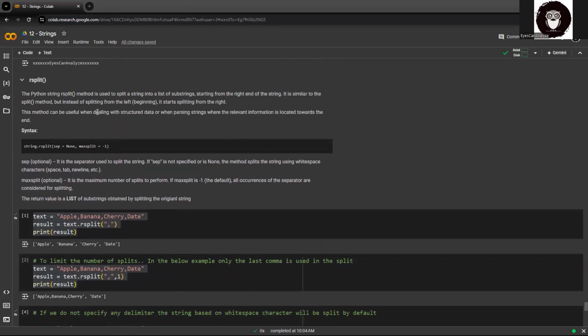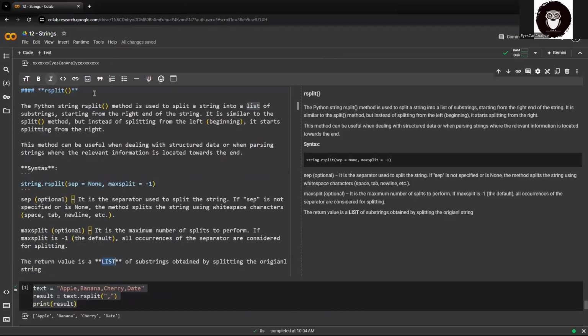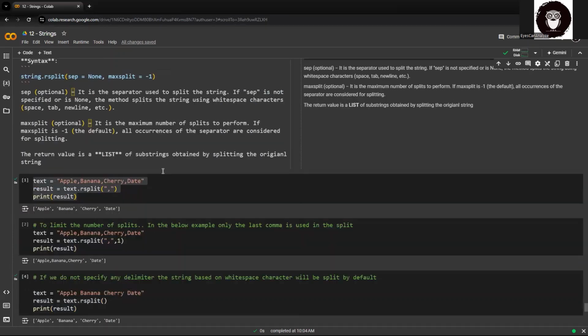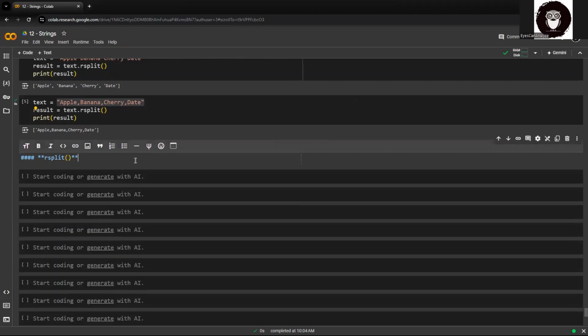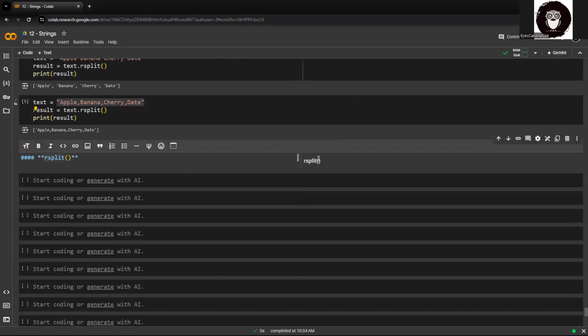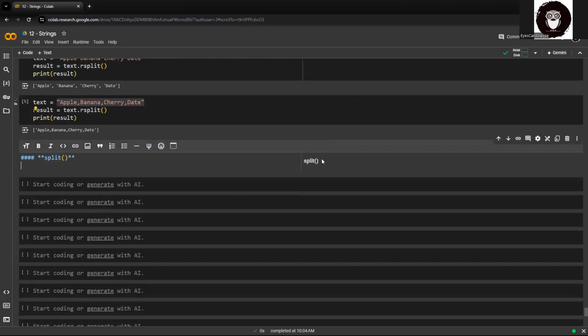Hey guys, so the next thing that we'll look at is the split option to split your string. Last time we have seen rsplit. This time we'll see only the split option. Now what the split method does is it splits all the words in the string separated by a specified character